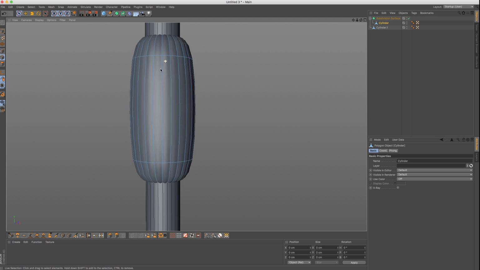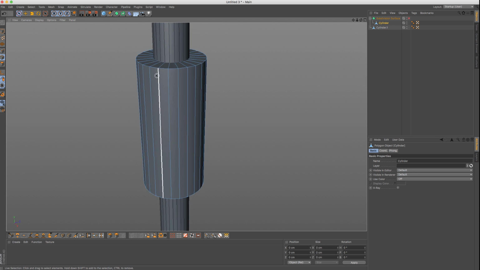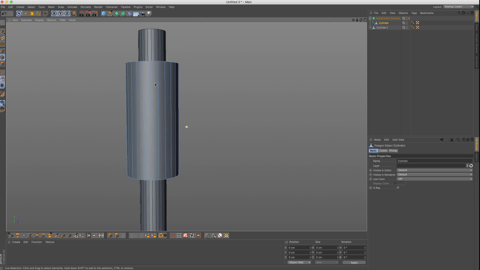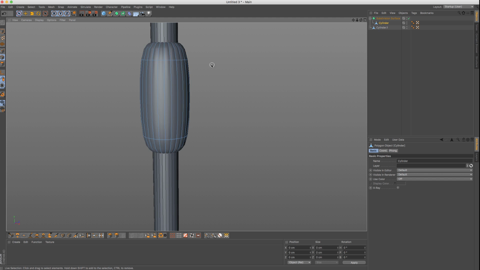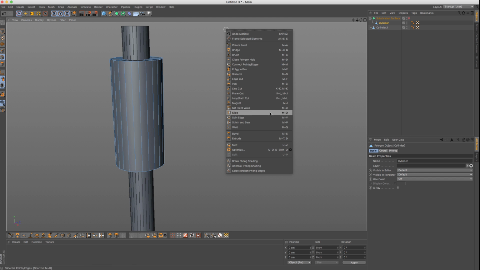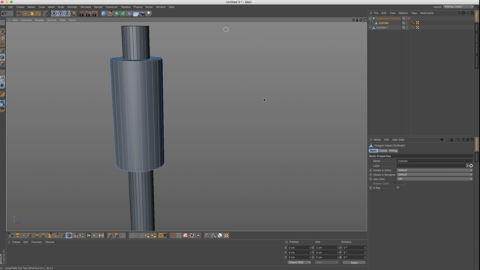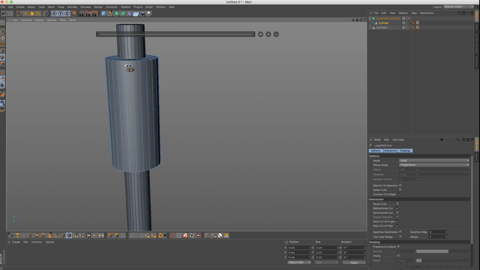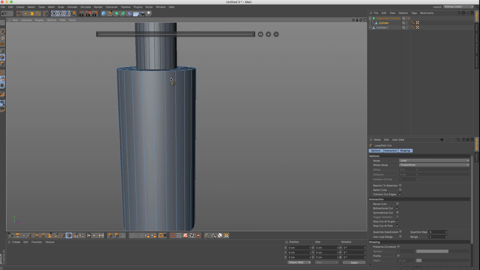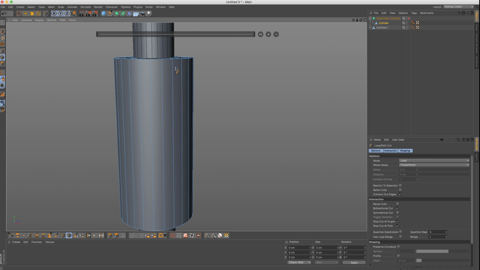The reason why we need to add the edges is that we need to maintain the geometry here so it's not collapsing, meaning that I would like to maintain this shape. To do that, we can right click and choose Loop/Path Cut and simply add edges close to the areas that we want to sharpen. So meaning this,